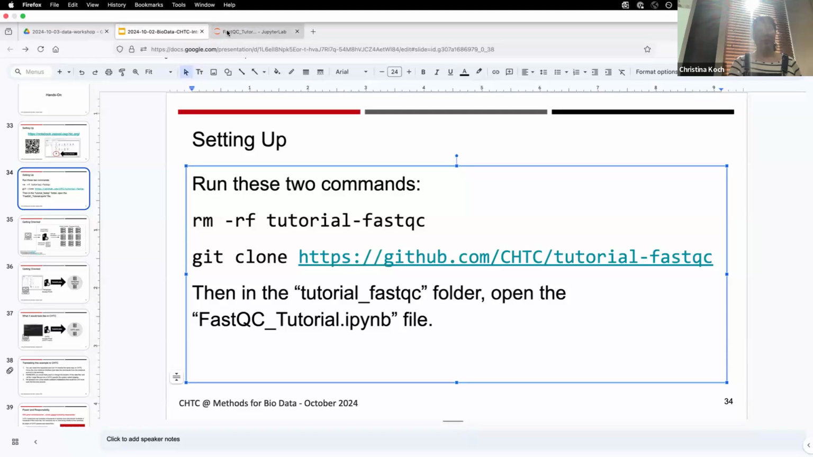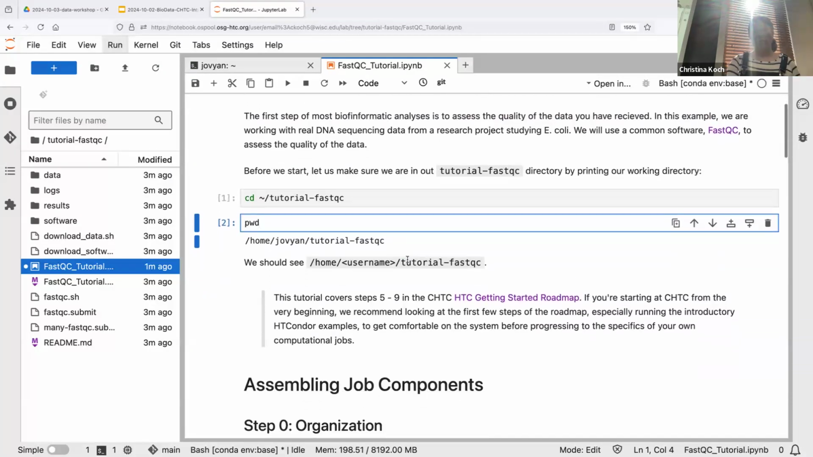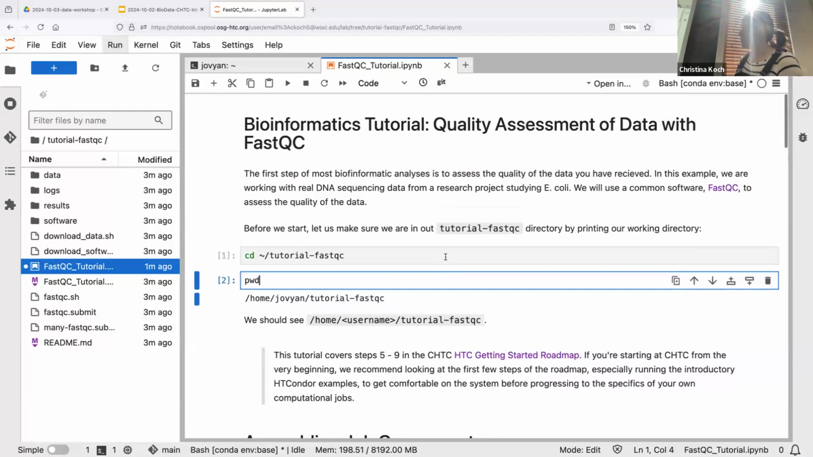So back to my tutorial window. This tutorial walks through doing the FastQC step of a bioinformatics pipeline. I personally do not have a background in biology or biological sciences. So if that is you as well, I think it's safe to say we like to use this example as